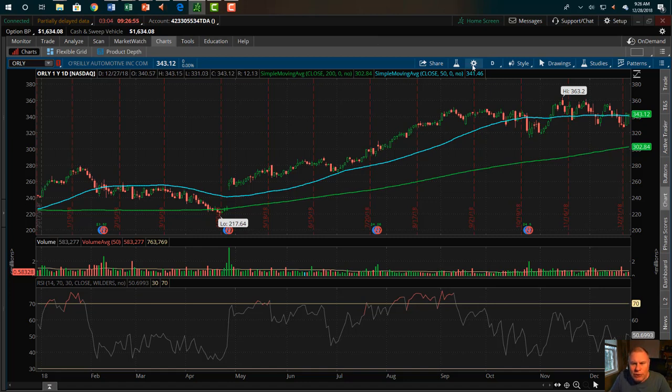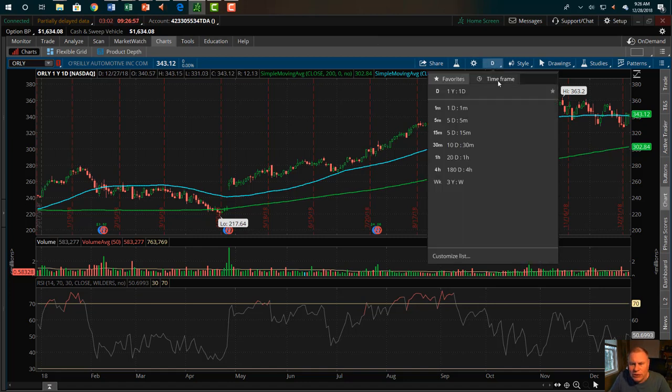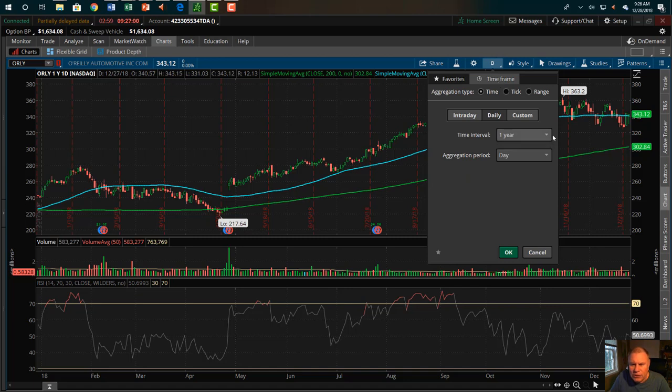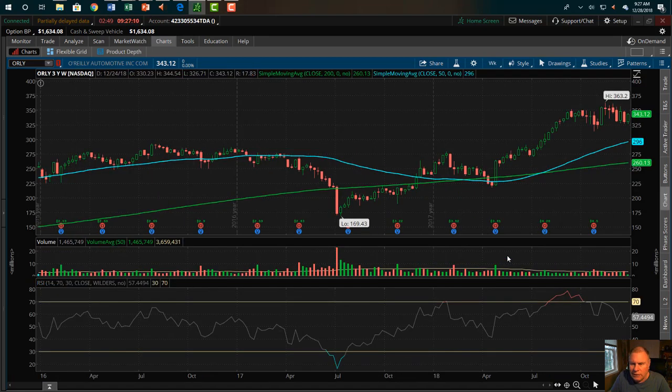One of the things I'm going to put in here is we can actually change the time framework. I could do a time interval of 3 years, and let's do that weekly for O'Reilly. Again, we see how it's behaved over time. If we go all the way back here, $232, we've gone back to 114.16. So we can see over time it slowed down a lot right here,